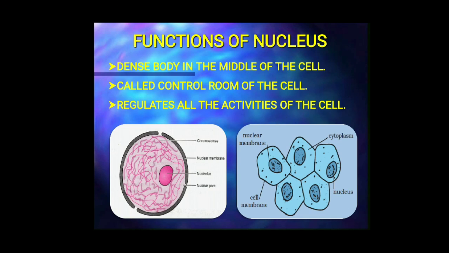So, this nucleus is called the control room of the cell because it is very important in controlling the activities which are going on inside the cell. Along with the nucleus, a jelly-like substance is present inside the cell which is called cytoplasm, and there are membrane-bound small structures called cell organelles which are very complex chemicals. So these are all the typical parts. So finally, the cell is a structural and functional unit of all living organisms.